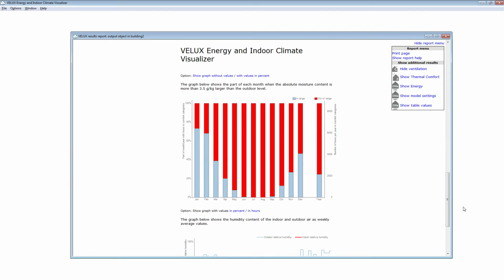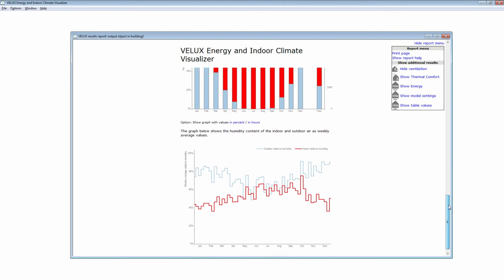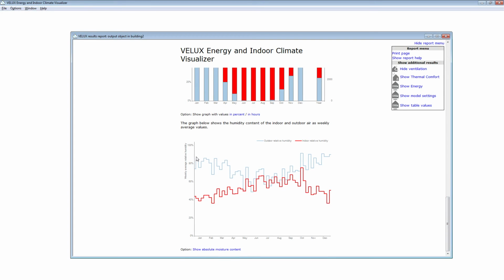So for this part we can't actually use this visualization. And then we have the humidity change over the year, and this is also the felt comfort. Usually when we assign PMV values or something like that, we have to know the humidity of the air.